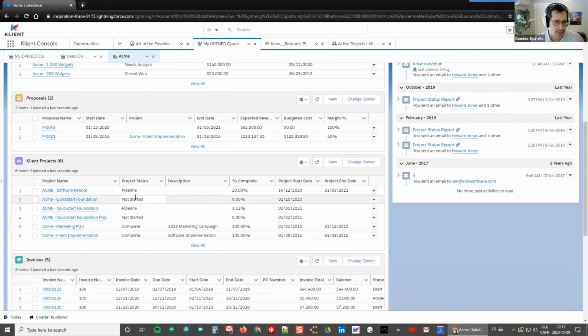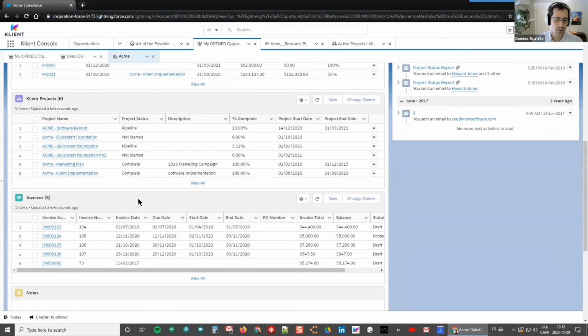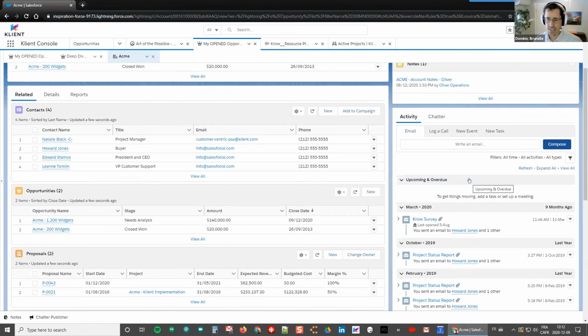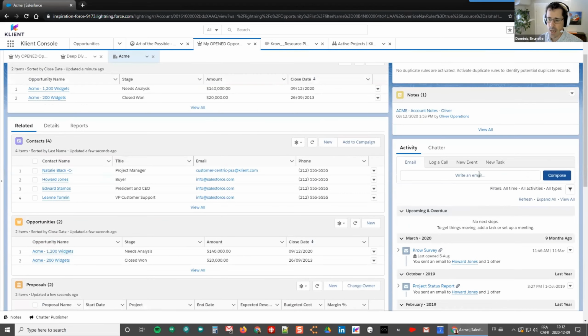We see that we have, in this case, a few projects in the pipeline, and also at the very bottom here, which is always good, the money thing. Money talks, so here we have the status of all the invoices. If you're going to call a customer, it might be good to know if there are any pending invoices. So we have that visibility across the board for the account executives and account managers who need this information. And obviously everything that is standard across the board for Salesforce, all the activities that we've talked about, the chatter,